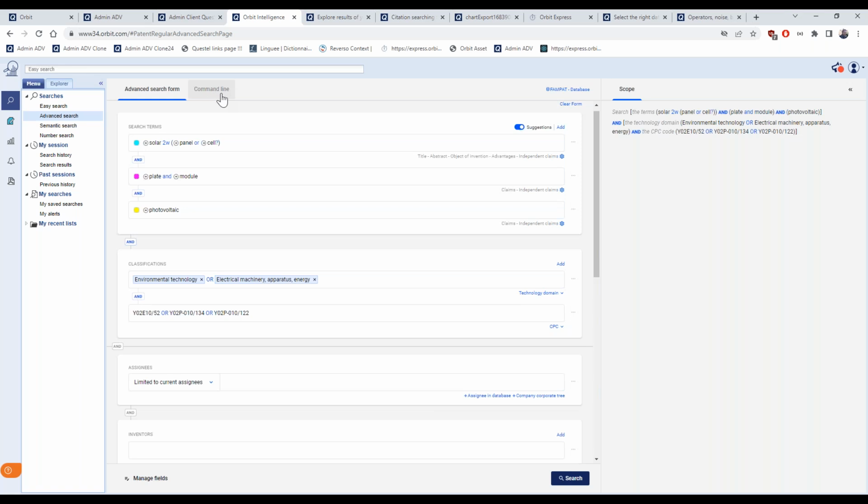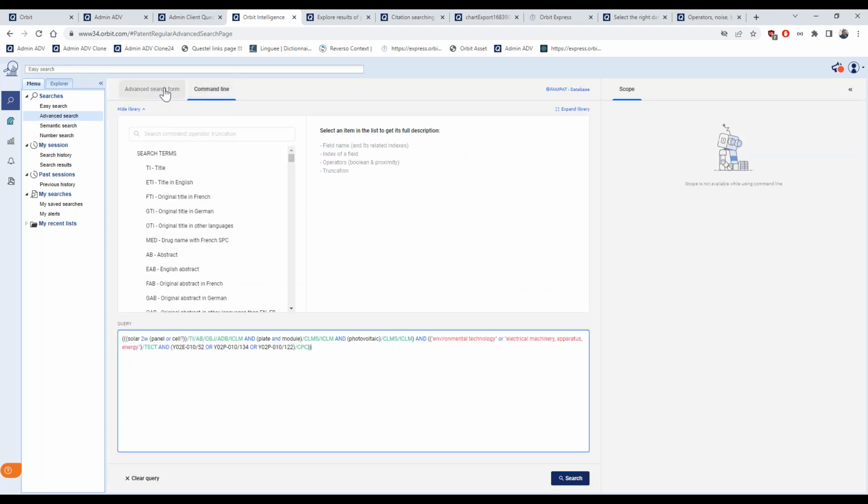And I can go now to the command line. In the previous version, there was a button on the bottom and then a box opened. Now with the new interface, you find the command line just right to the advanced search form. And based on what was entered here, the command line is already giving you the syntax.